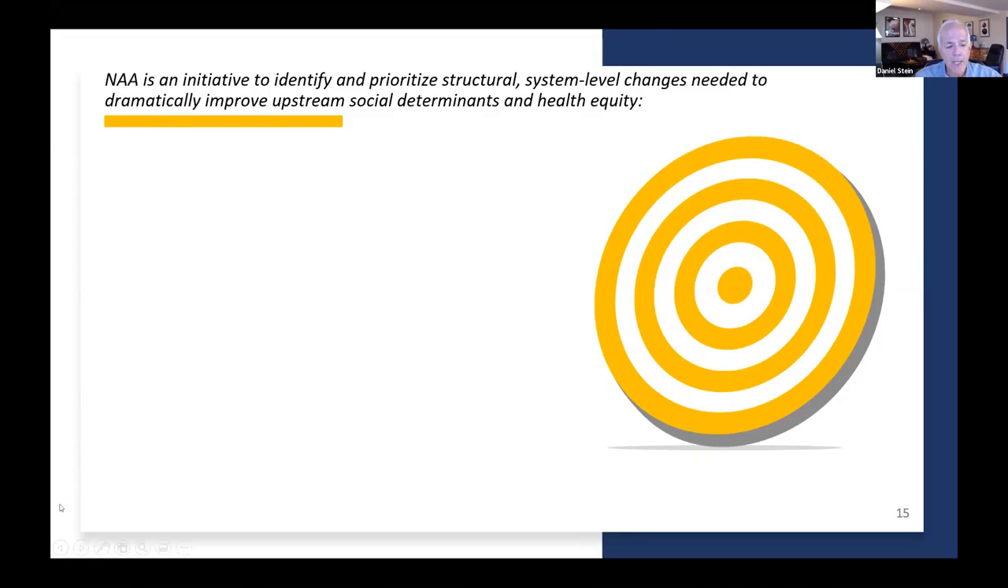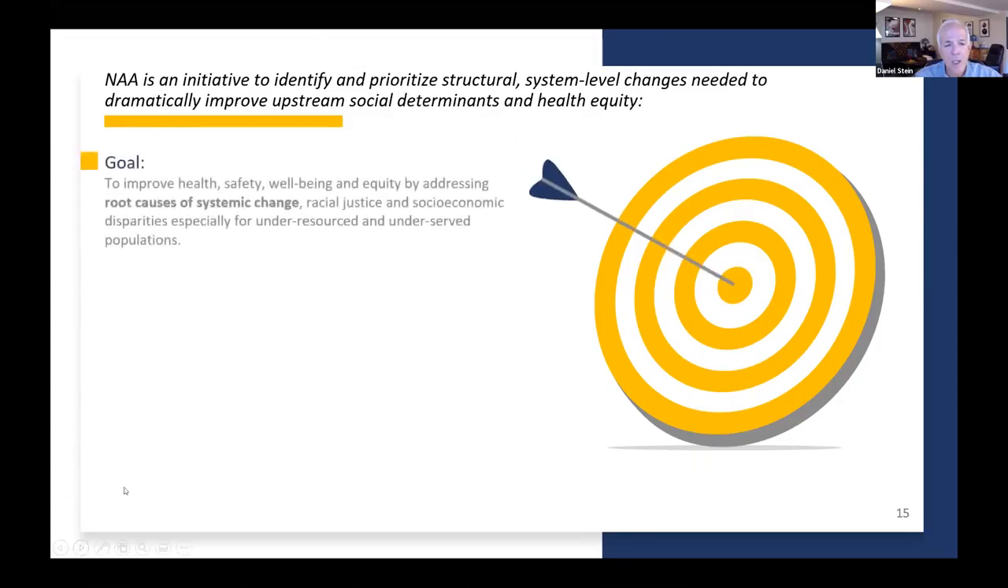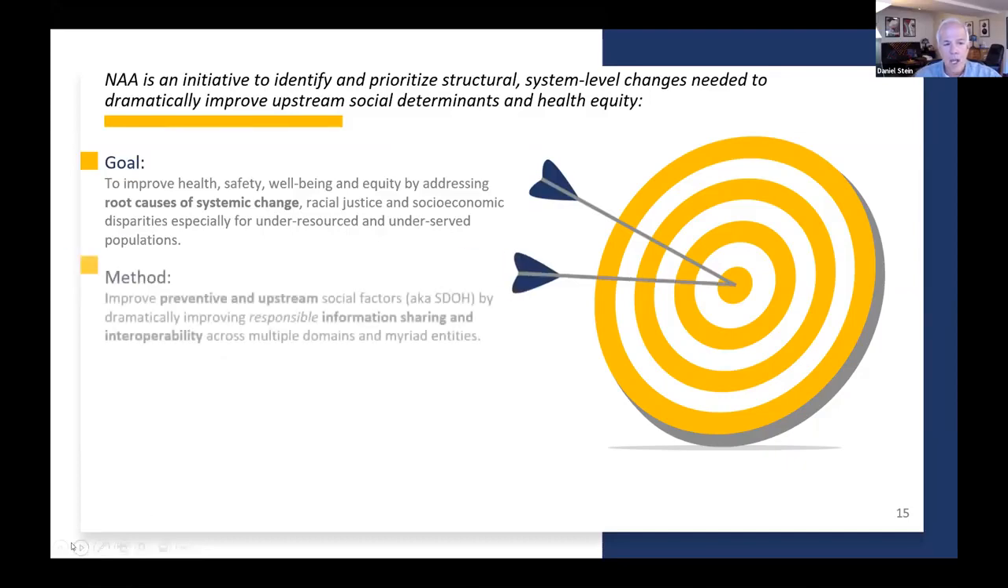And that's a place where we focus in on, which is focusing on the systemic changes, the root causes, including racial justice and socioeconomic disparities, to serve people who are really underserved and underserved populations. So many more people are in that situation these days. How we want to do that, and where we want to do that, as I said, is on the prevention